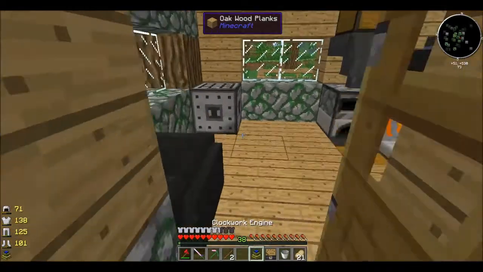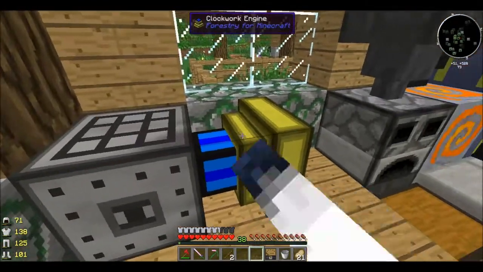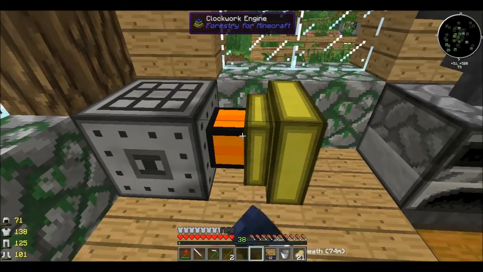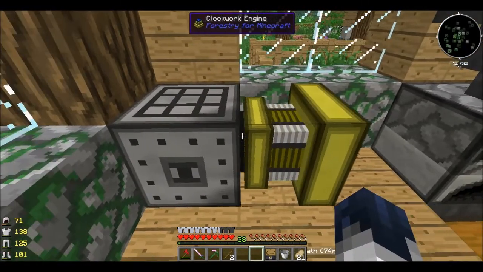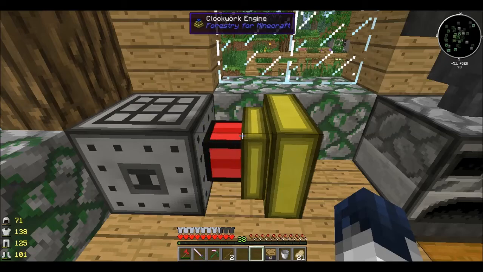Okay, let's go ahead and place it next to our rolling machine. Okay, so as you can see, if I'm right clicking, you can see that it's working. It's changing color and it will work. So it's just like a spring,